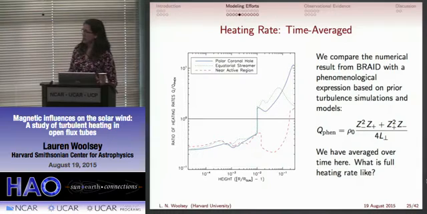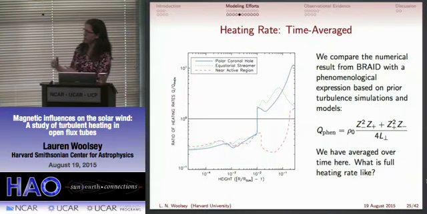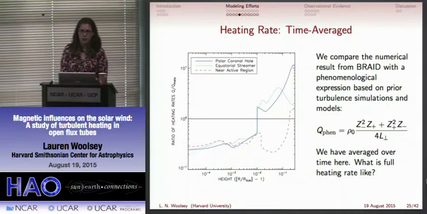We also looked at the heating rate coming out of BRAID. Again, we have these 3 dimensions, and we wanted to make sure that it agrees with what we've been doing before. So we compare it to that same phenomenological expression that I showed earlier. If they agreed perfectly, they would be at a ratio of 1, which is that solid line across. And they span around that, but all within an order of magnitude. In the paper, we talk about looking at this with different efficiency factors for turbulence in front of that phenomenological expression. But the key part is that what we've been doing right now is averaging over time,